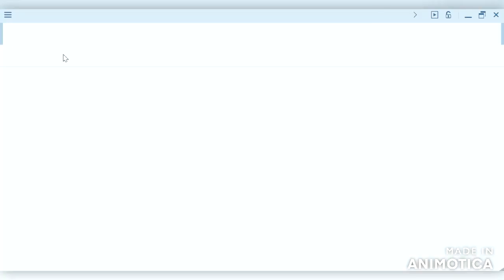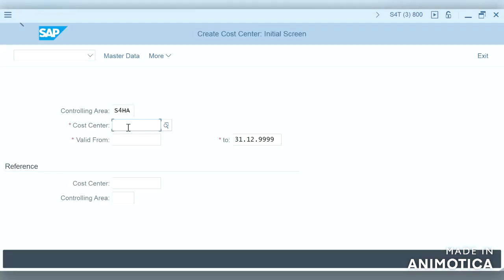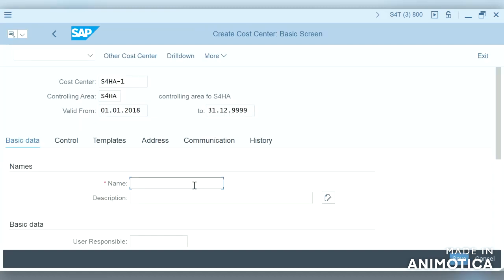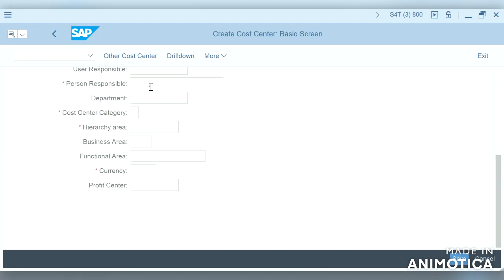KS01. So this is the controlling area, and we give the cost center as S4 HANA -1 and we make it valid from Jan 1st 2018, and the name is expenses cost center, and person responsible is manager.